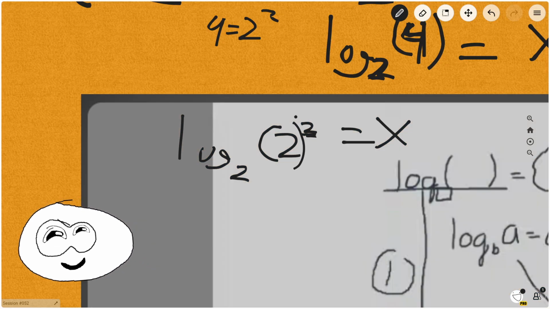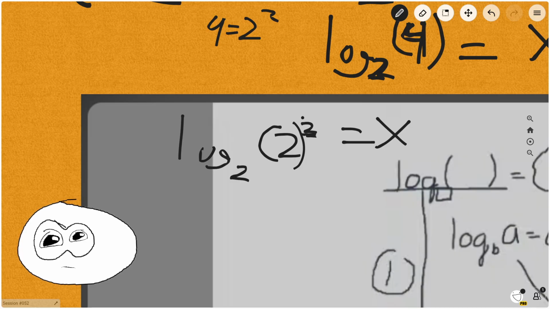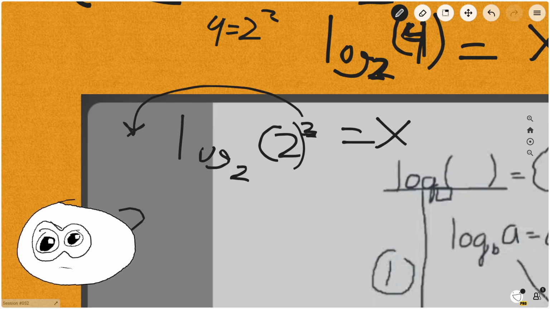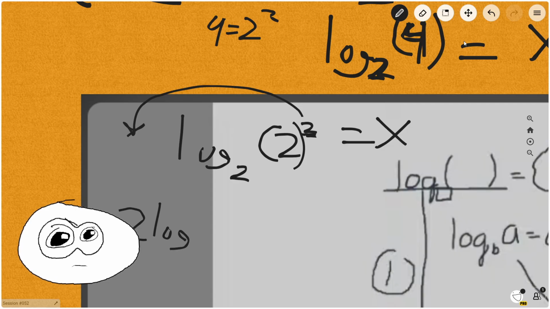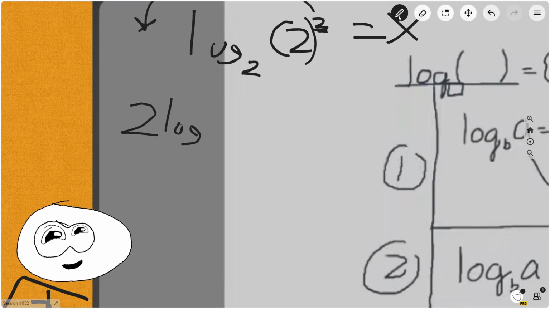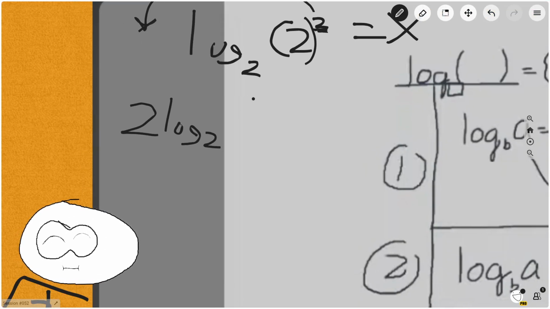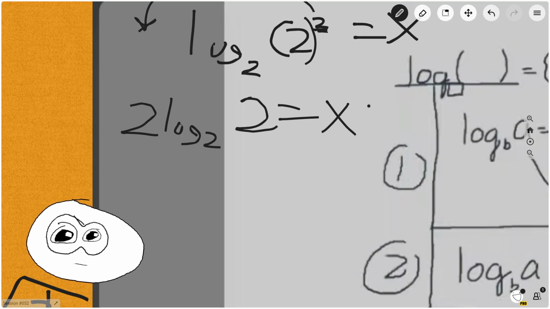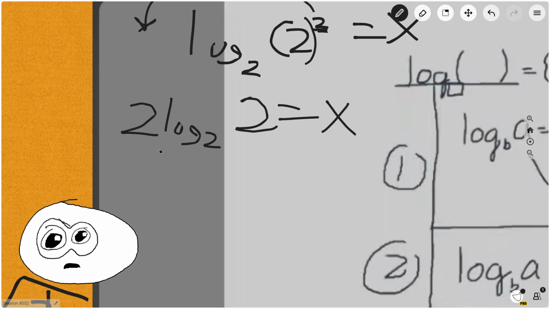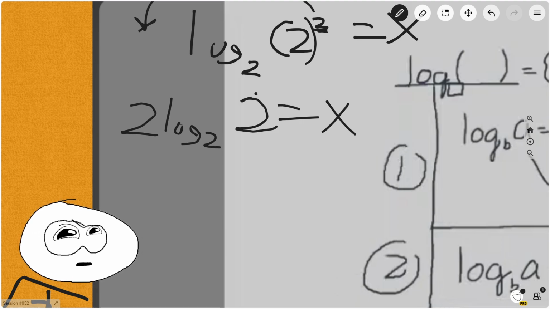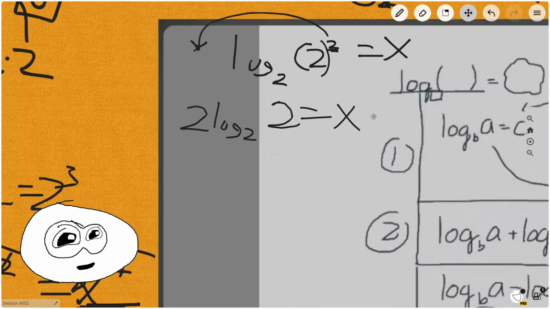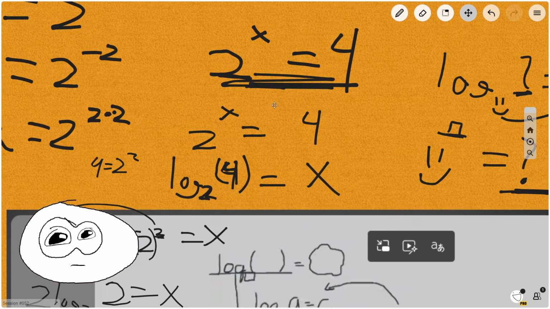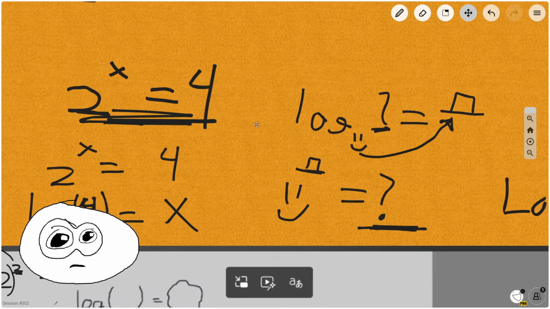There you go. Alright, so now what we could do is we could drag out the 2, and then now we have 2 log base 2 of 2 equals x. Sorry about that. Now here we have this kind of weird thing where you have log base 2 of 2. Is there anything special about that? Well, actually, yes, there is. Because if we go back to our principle of these things,